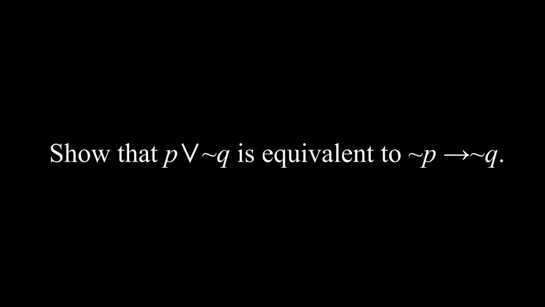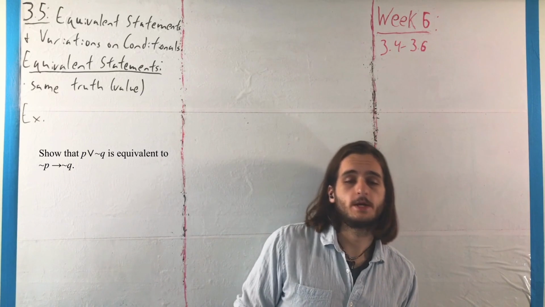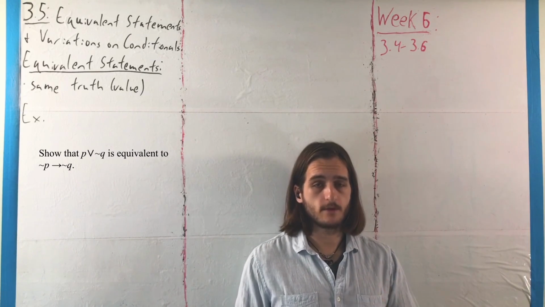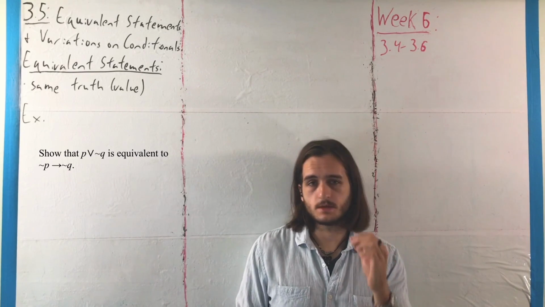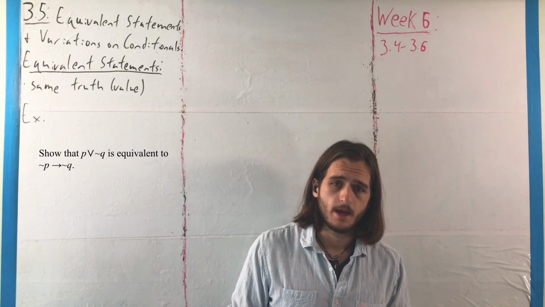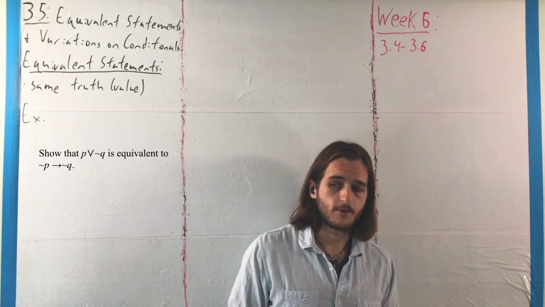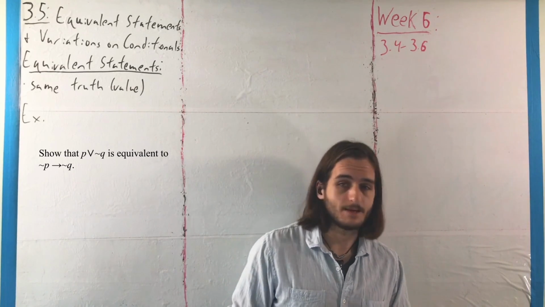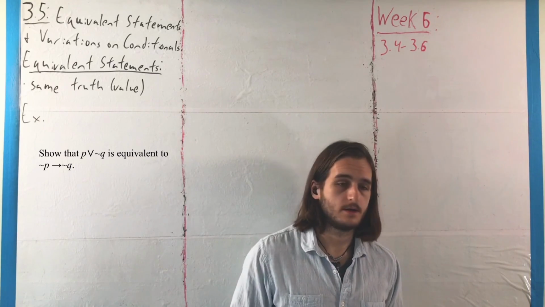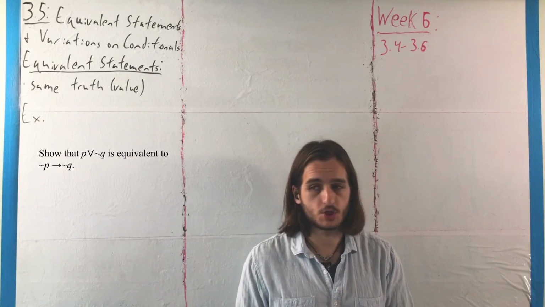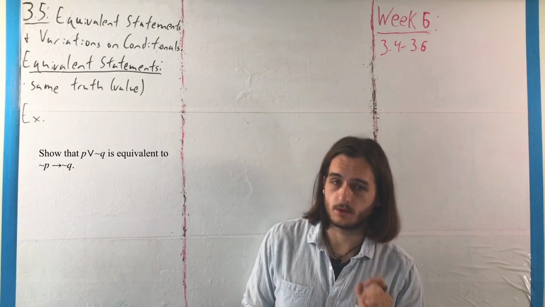So for this example, we want to show that the phrase P or not Q is equivalent to not P implies not Q. If we want to see that two statements are equivalent, what we want to do here is make truth tables for them and then carefully go through the steps to see that they refer to the same truth in the same way. That is, they have the same truth values regardless of which conditions we throw at them for their component simple